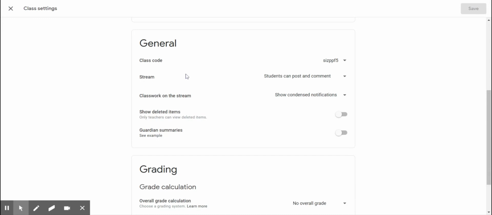Next, you have the stream setting. And this is really important. This has to do with what your students can and cannot do inside the stream. So it's set really for a green light. You can think of these as green light, yellow light, and red light. The green light would be students can post and comment. In other words, they can post